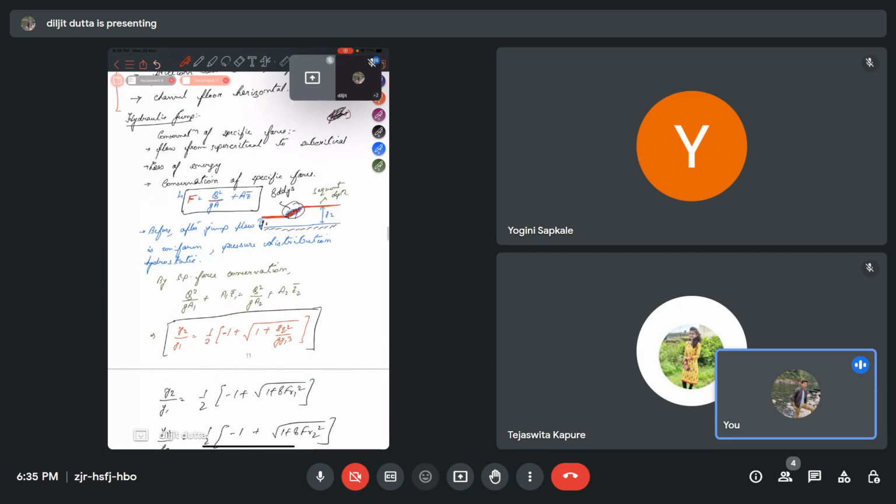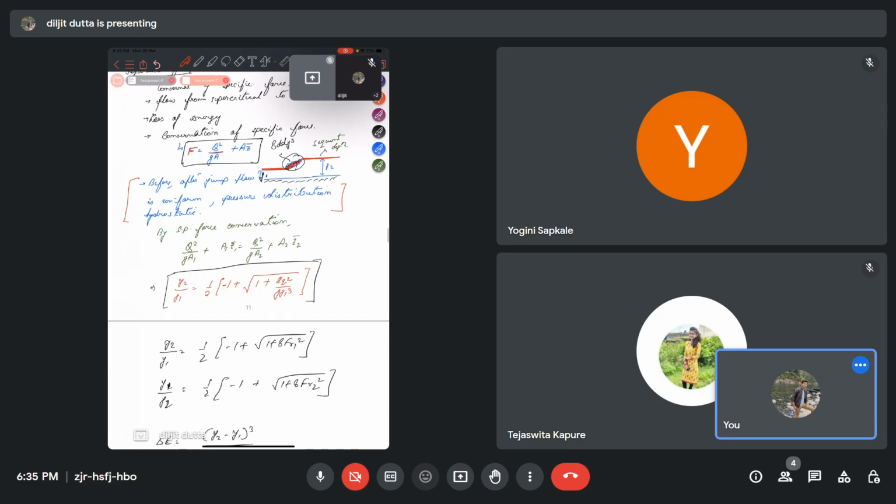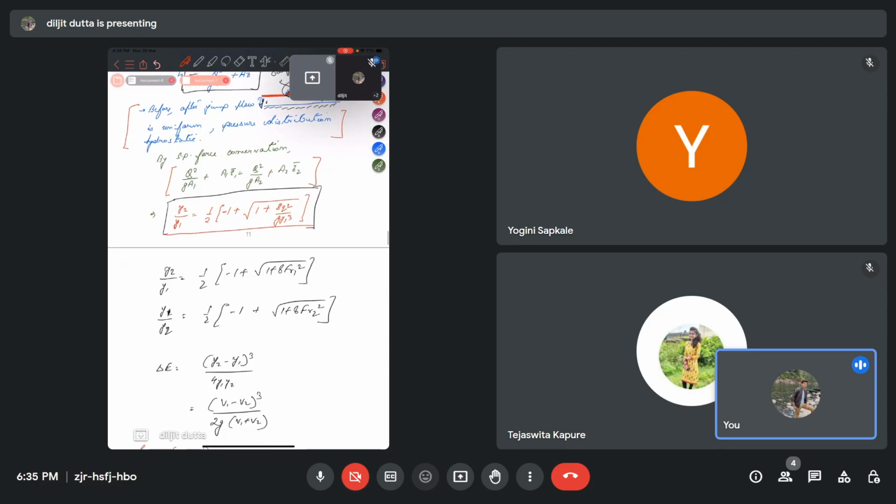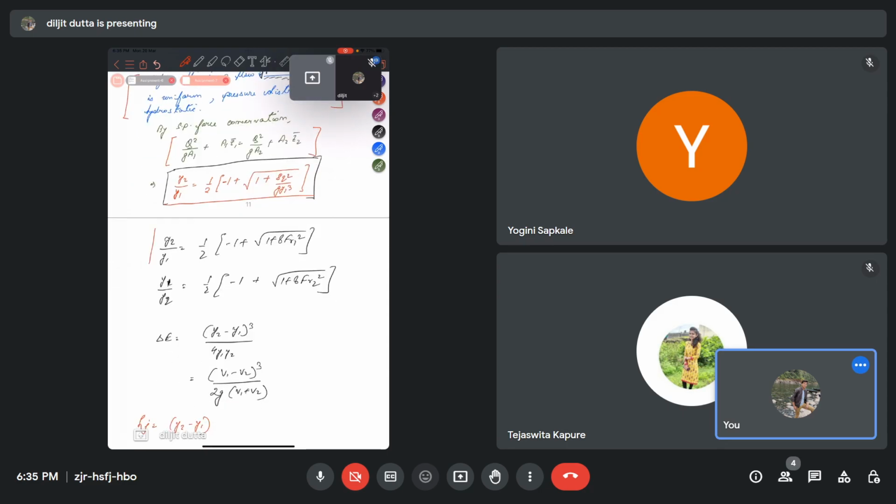And also one more assumption is that the pressure distribution is hydrostatic. So if we conserve the specific force before and after the hydraulic jump, and substituting the values of Z1, Z2, we will get the relation between the sequent depths, that is the depth before the hydraulic jump, y1, and the depth after the hydraulic jump, y2. So y2 by y1 we can get by this formula,